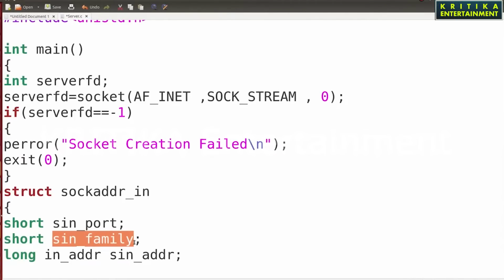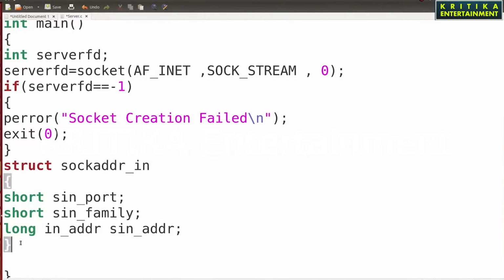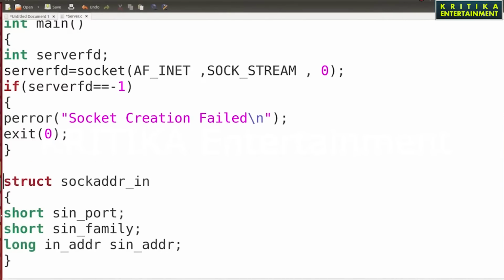These structures are declared inbuilt inside sockaddr_in. You only use them in your program, not define them like this. So how to declare? struct sockaddr_in, and I'll take the variable called client server.